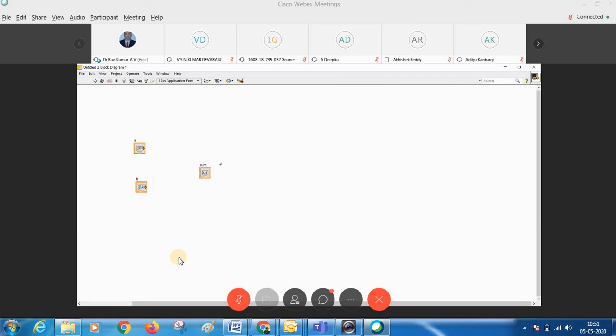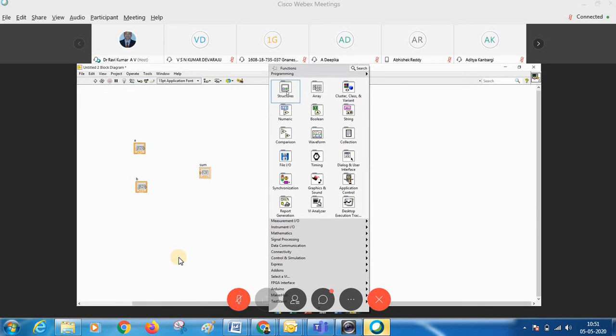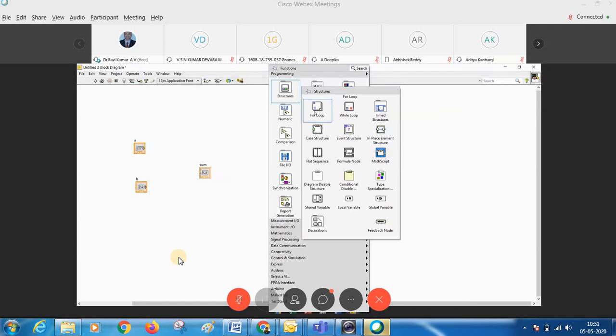Here we'll find enormous functions with respect to your applications. So what kind of functions are we getting here? Right click on this. You can see that it has the structures.